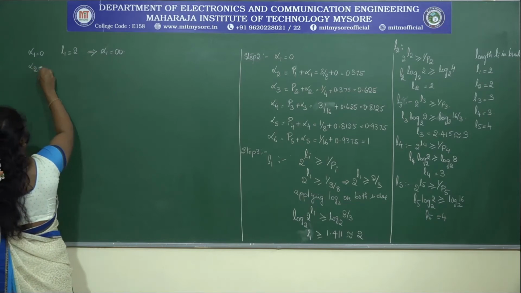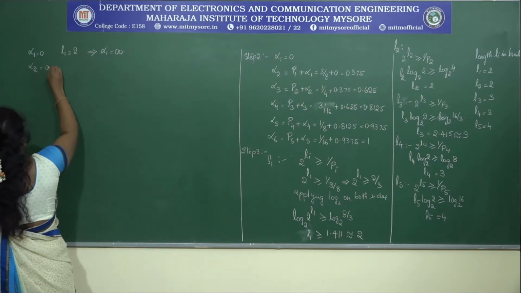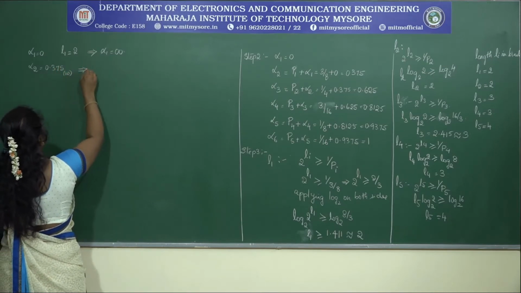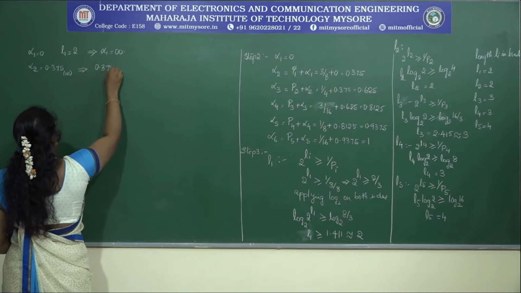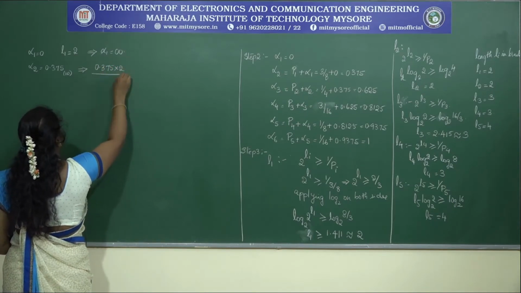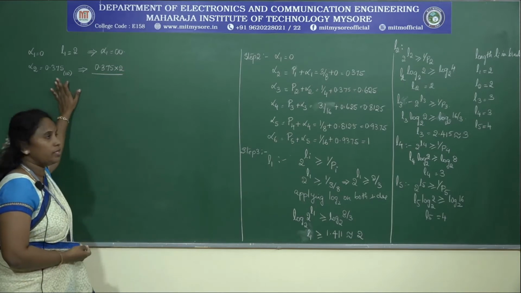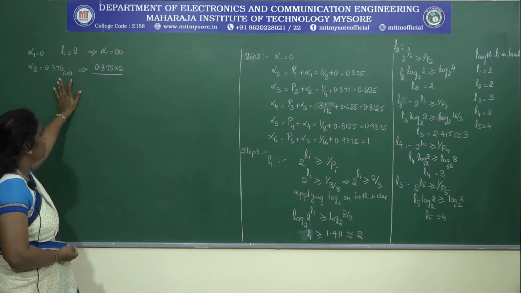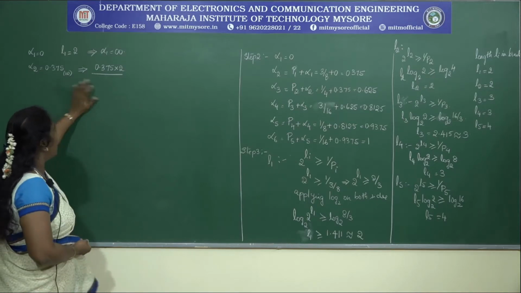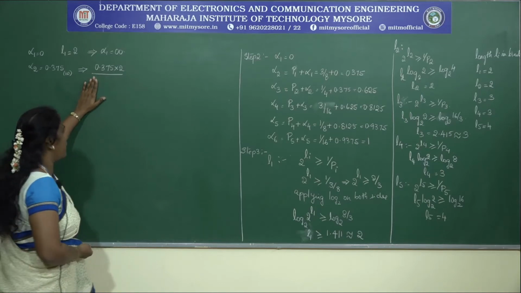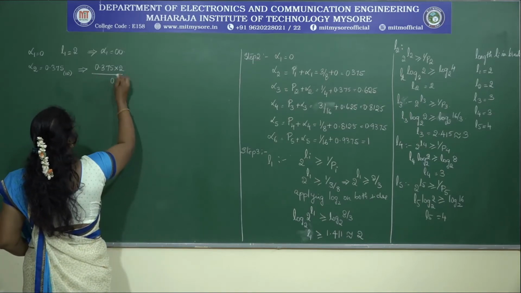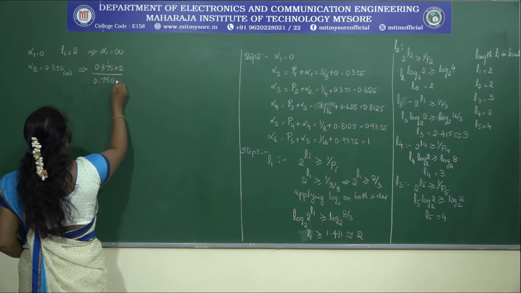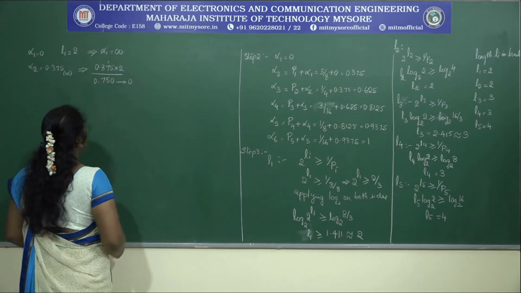Next we have alpha 2, where alpha 2 is 0.375, with base 10, that is in decimal. Now you need to convert that into binary. So 0.375 into 2. The number of places you need to convert into binary depends upon the length. The length of alpha 2 is 2, which means up to 2 decimal places you are going to calculate this value. So 2 5s are 10, 2 7s are 14, plus 1 is 15. So it is 0.75 with the remainder value 0.